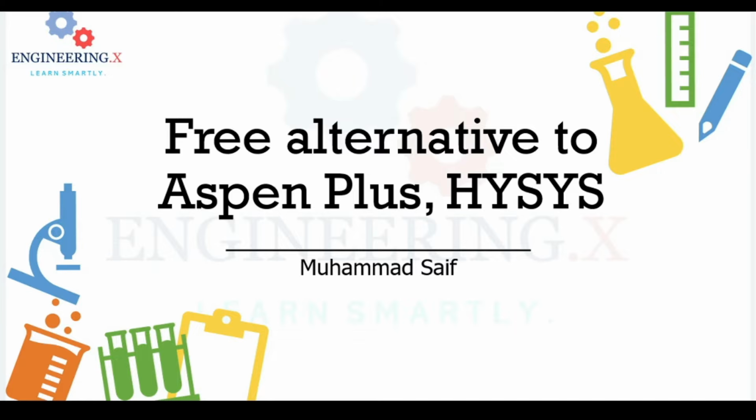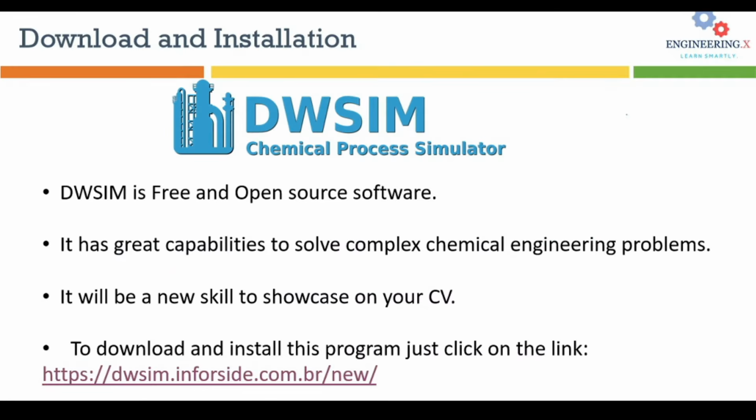So there is a very exciting software that is free and open source, and everyone can use it without any problem. The software name is DWSIM, and this is free and open source software that everyone, whether you are a student or a teacher or an independent consultant, can just download in a few very easy steps. On the other hand, this software has great capabilities to solve complex chemical engineering problems,